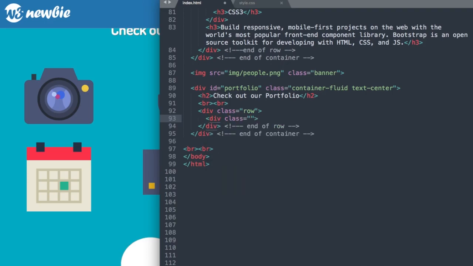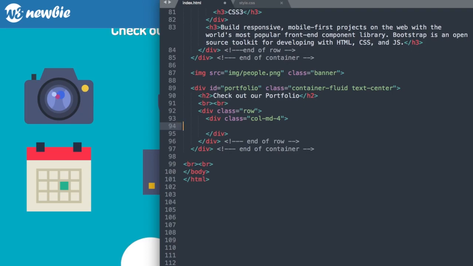Okay, and then div class col-md-4. Then drop down and close out your div class, and then let's add the image source tag. So I'm not going to add the image extension yet because we'll be copying and pasting this a couple times, but we want to give this an ID, the same as our HTML, Bootstrap, and CSS icons with ID icon. Okay, so I'm going to go ahead and copy this